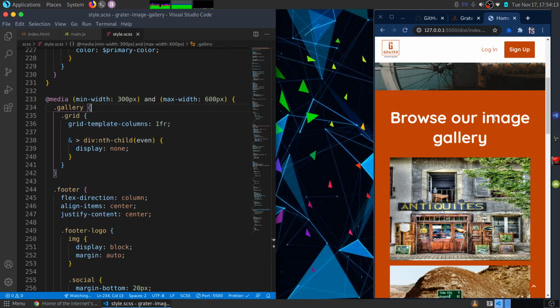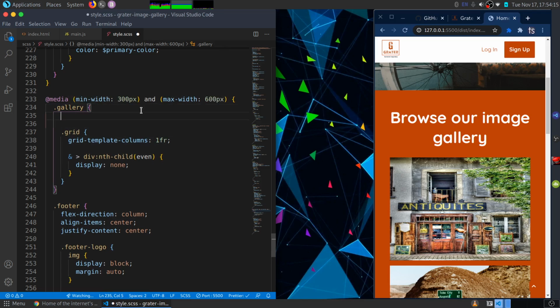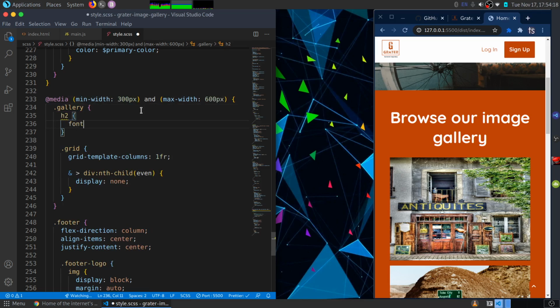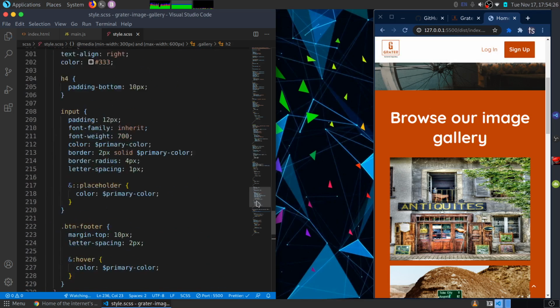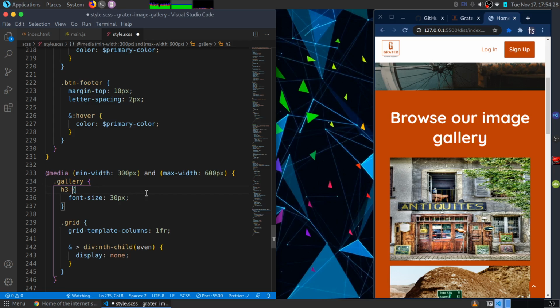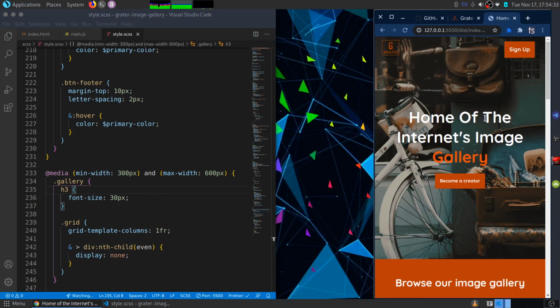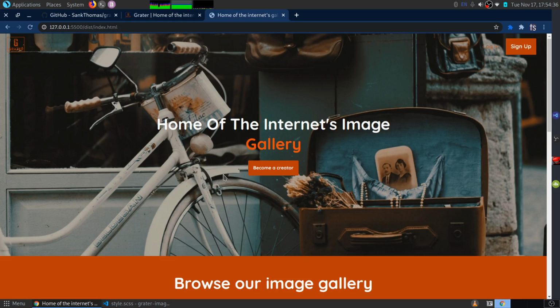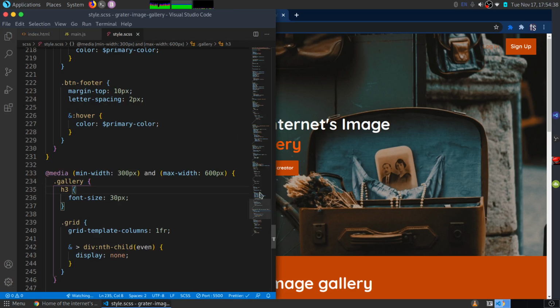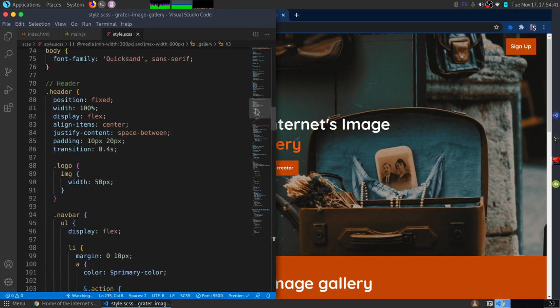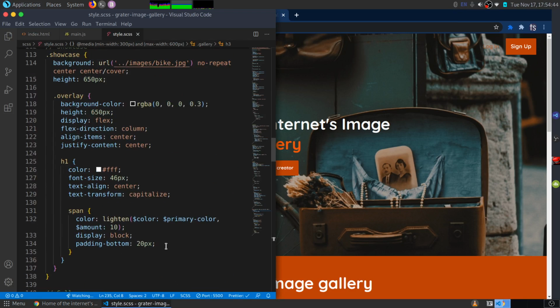Now let me reduce the font size for this, and I'll say that the H2 should have a font size of 30 pixels. Is this not a H2? What did I style it up here? It's an H3. Okay, it's an H3. Font size of 30 pixels like that. Reduce in height, and I'm also going to reduce this just a bit. Oh wait, I didn't increase the font size for this span, so let me just do that before I forget. It's in the showcase with the span, and I'm going to say the font size should be 64 pixels